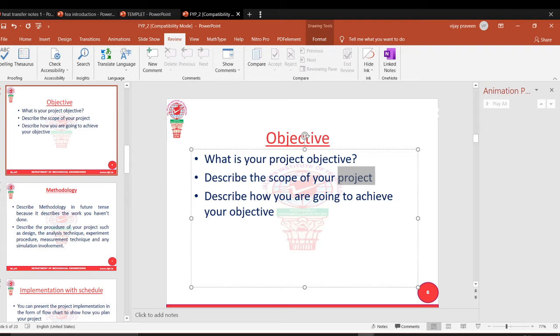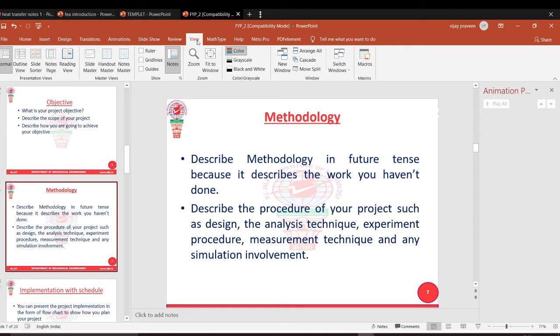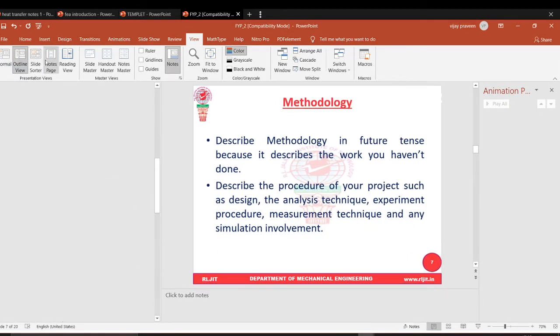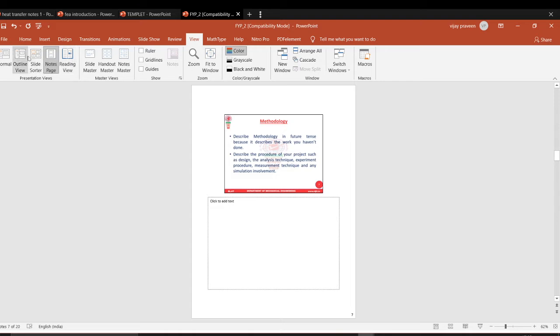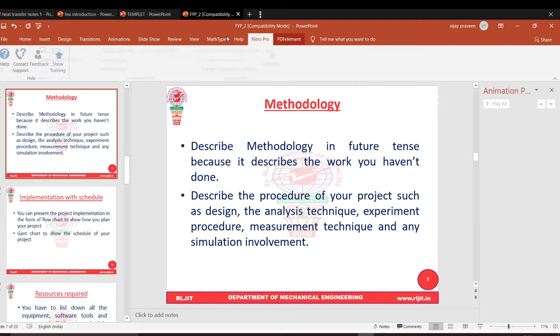So in this software you can check your grammatical mistakes and your spelling mistakes, both you can do. That is the option called spelling, in the Review option. Next one, View. In the View option, if you want to view fit to window or outline, it will change for you. You don't need to change it, better to keep it always normal like this. And that's all.